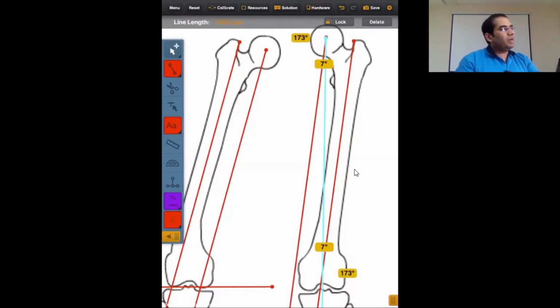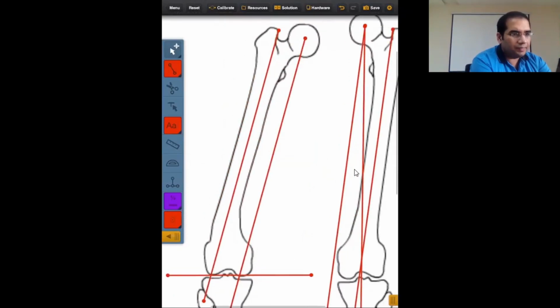In many cases, there is overriding of the greater trochanter, and the joint orientation of the femoral head is disturbed in most of these cases of deformity. So it is not always possible to take the proximal femoral angle just by taking the joint orientation line and then drawing a normal angle. So